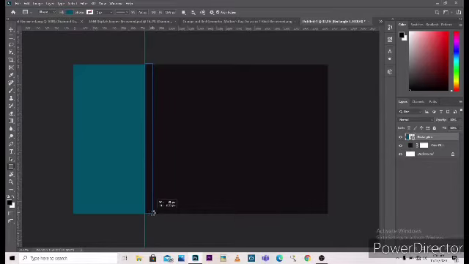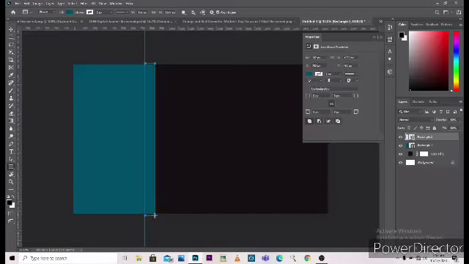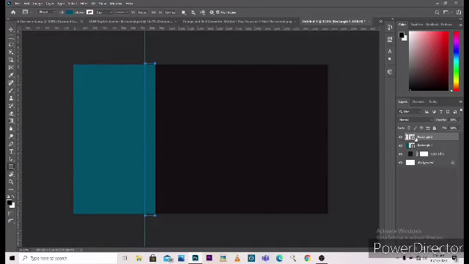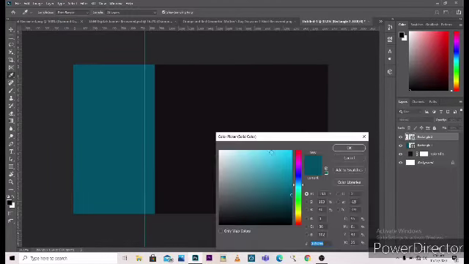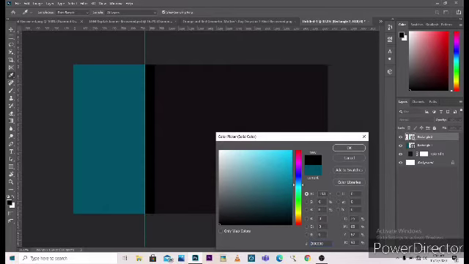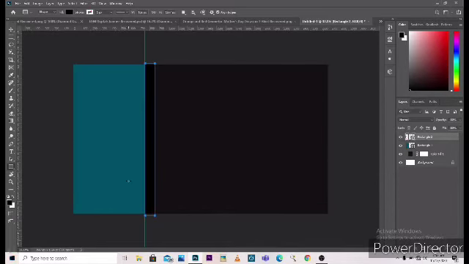Let me give you a hint: this one is for the icons. This is where the icons are gonna be. We'll make it black. Then we'll move it over here, or you can just press V on your keyboard.